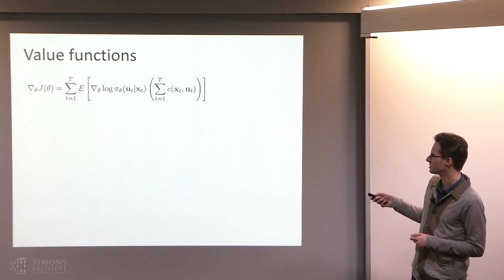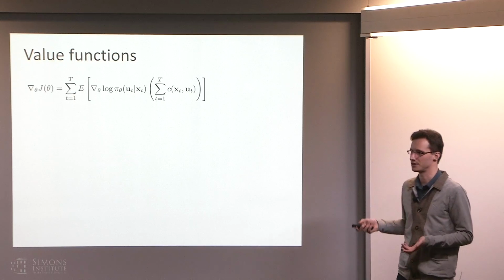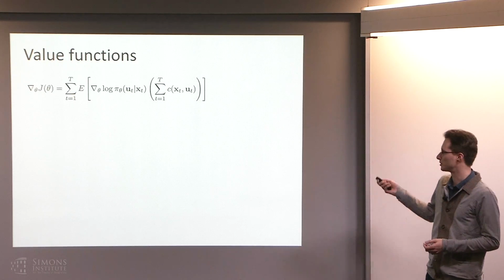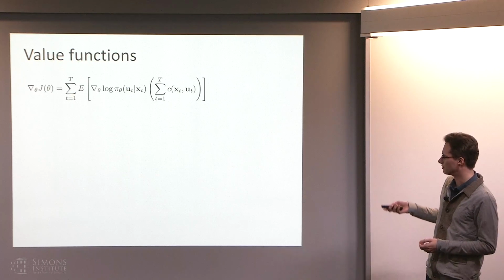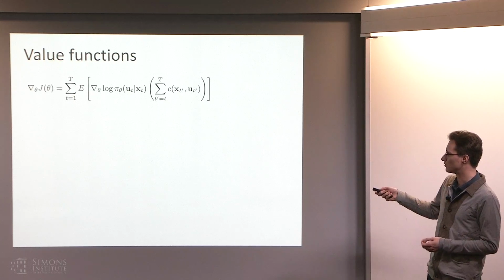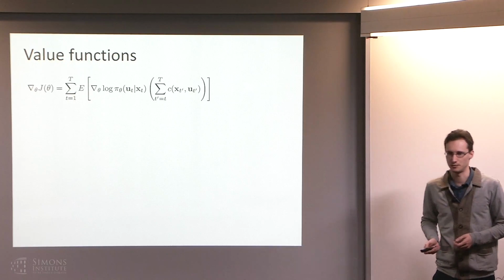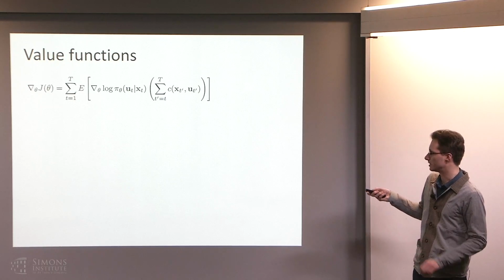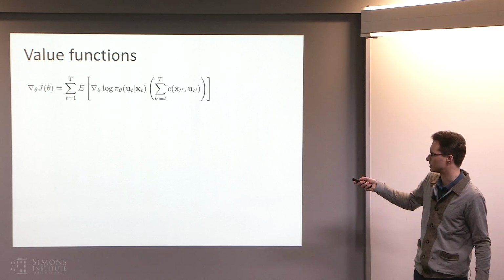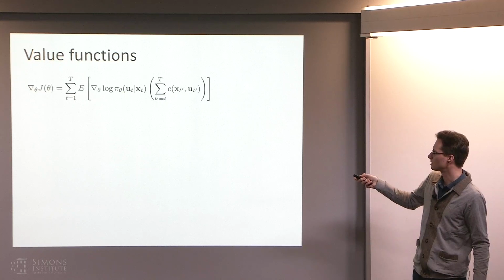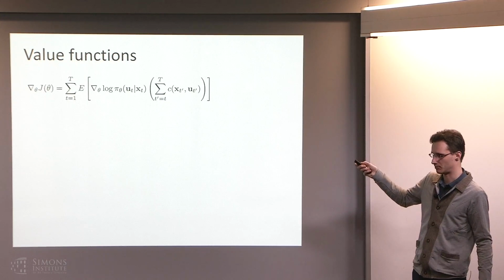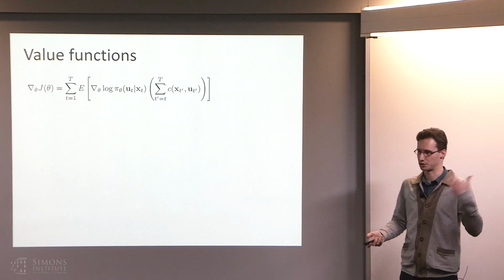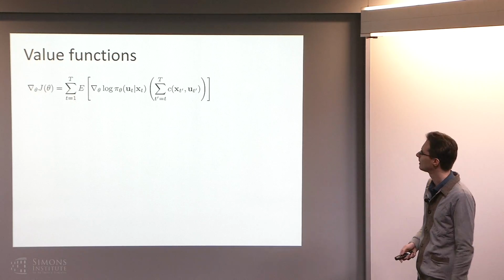That's kind of funny. The action you take at time step 50 is not going to change the cost that you incur at time step 49 or 48 and so on. So you can incorporate your knowledge of causality into this, and remove all the costs that came before the current time step. You can rewrite a slightly different form of this estimator that's still consistent, that takes the gradient of the log probability of an action at the current time step times all the costs from now until the end of time, ignoring all the costs that came before, because changing the action at time step t is not going to change your cost at time t minus 1.